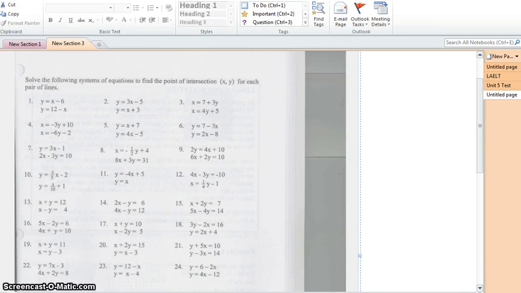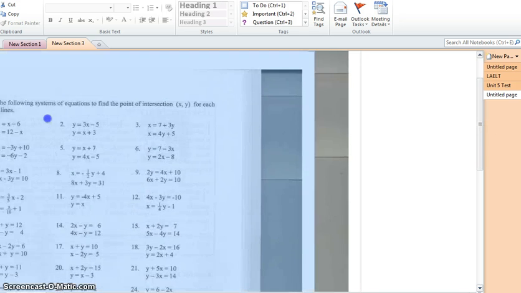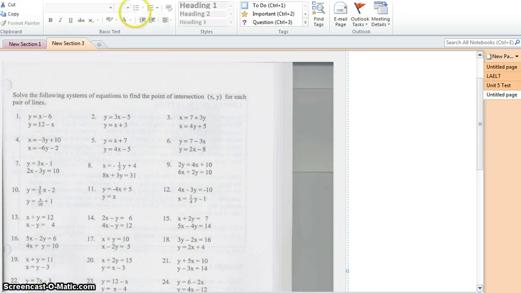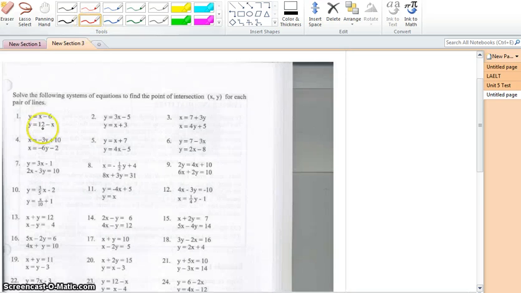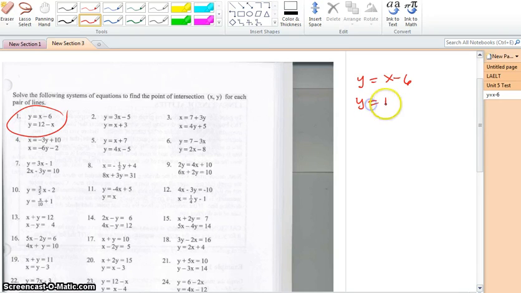I want you to start by solving a couple of systems algebraically. These will be similar to the problem we worked on in class today. So let's take a look at number 1 here. We have two equations, y equals x minus 6 and y equals 12 minus x, and we're told that they're in a system together, which means that there's one point on the graph, and let's take a look at what the graph will look like,